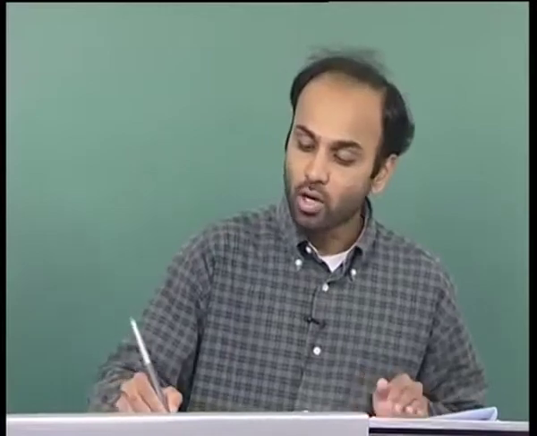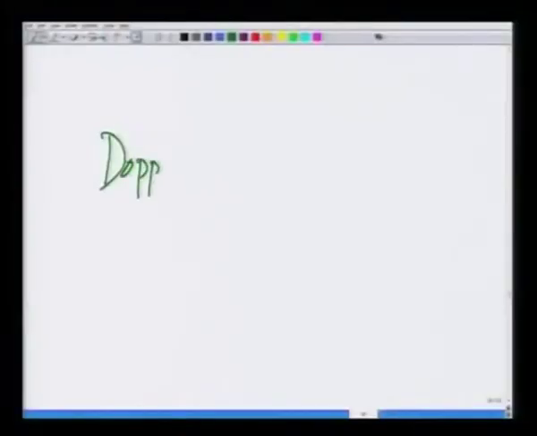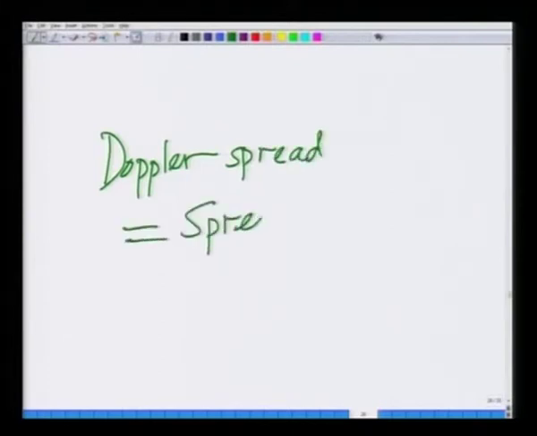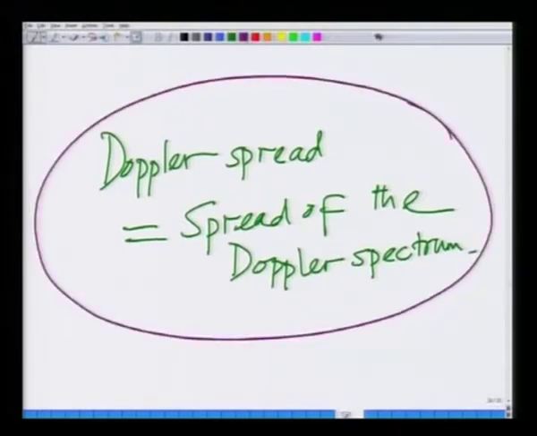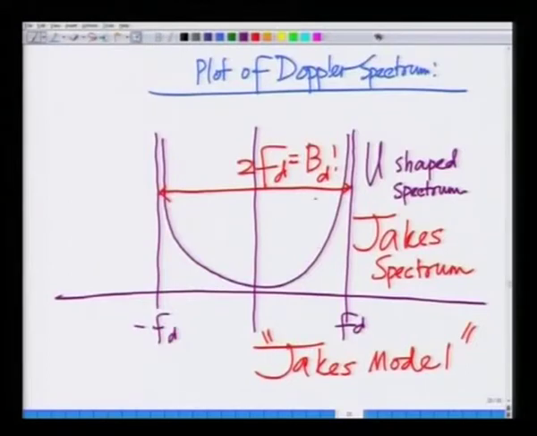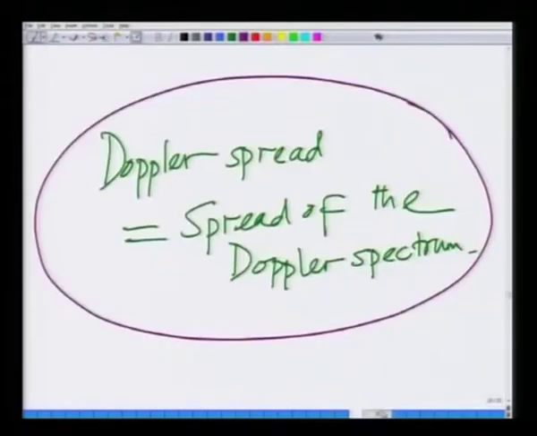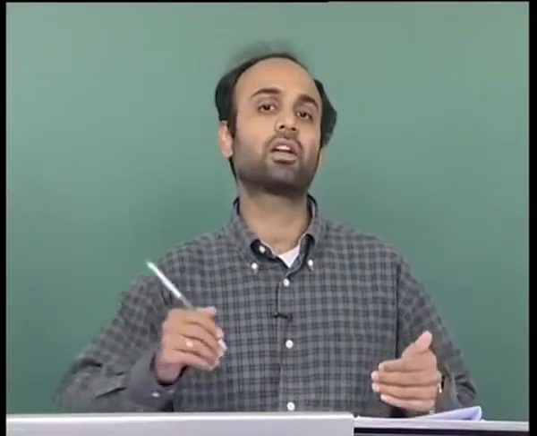Hence, we can now write that the Doppler spread is nothing but the spread of the Doppler spectrum. As we have seen, this is a Doppler spectrum, and the spread is 2 f d between minus f d and f d. So, the Doppler spread is the spread of the Doppler spectrum,